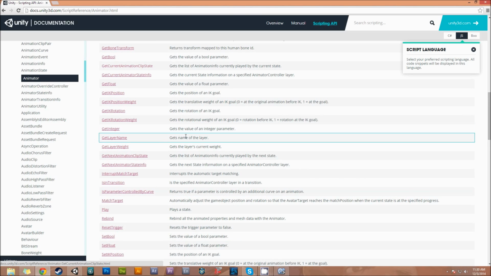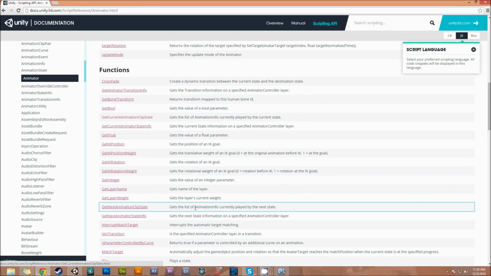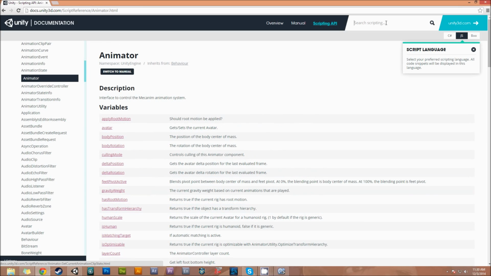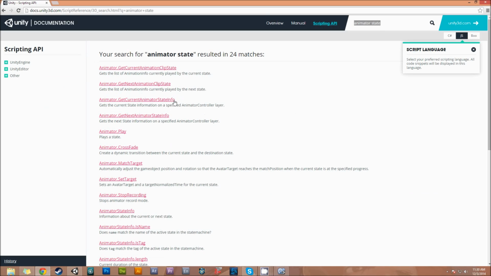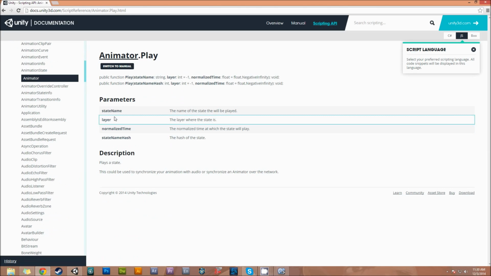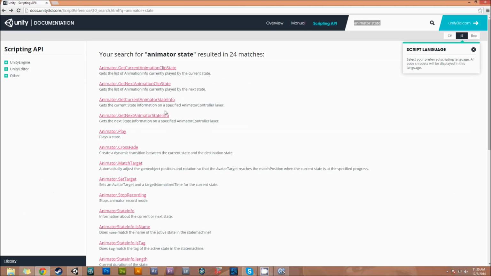Something. Get name of layer. Get, no, not the layer name. I need state. Animator state. Get current animation clip state. Set target. Places to animator play. Places state. Can I just get is playing animator